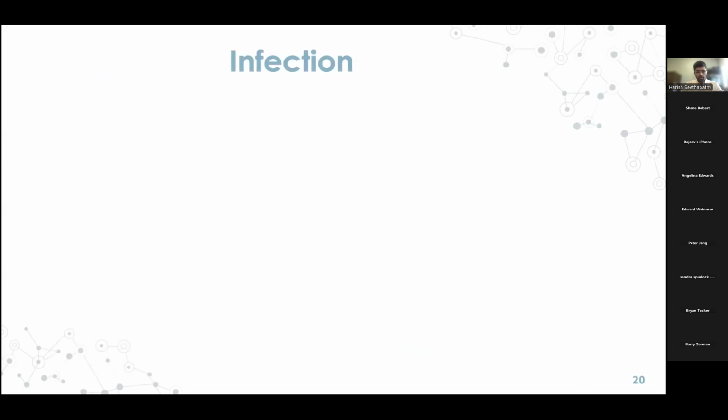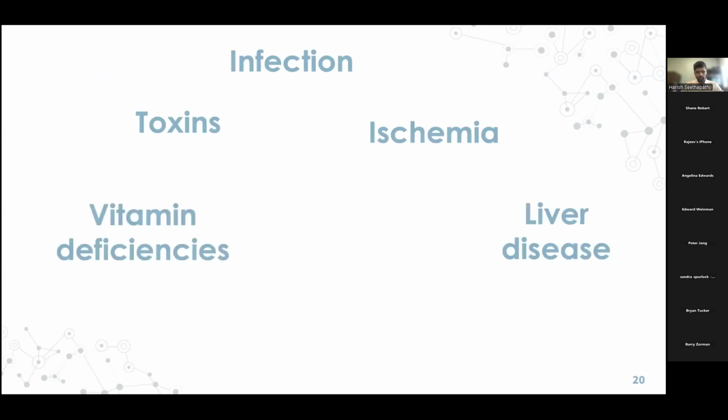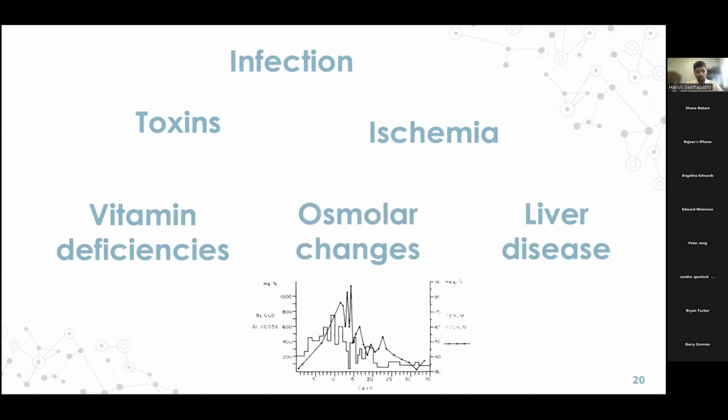First, they thought perhaps it was infection because a couple of cases were described in association with certain infections, such as TB. Then they thought it was some toxin. How about ischemia, vitamin deficiencies, liver disease? As more and more cases came about, all of these other associations came about. The other one that was very importantly described was osmolar changes. It was described in a patient with DKA, where the sodium was never low, but went from 140 to around 170 and came back all the way down during the treatment of DKA. And they thought perhaps all these osmolar changes that happened with the glucose and the sodium were what led to this syndrome called CPM.